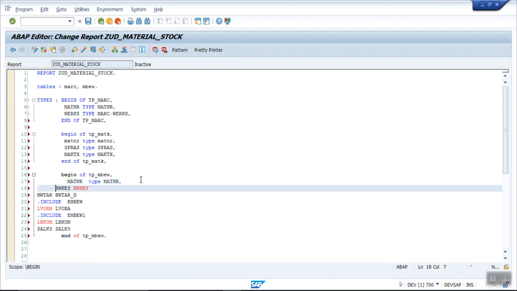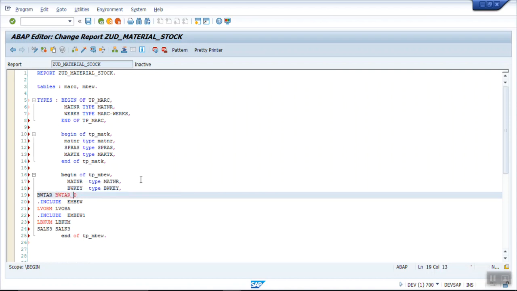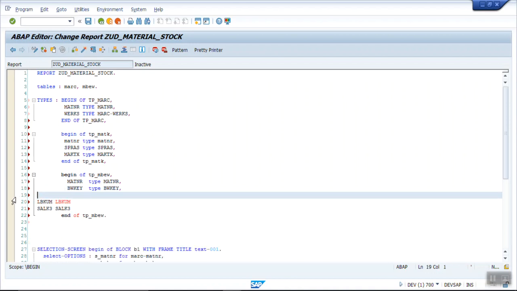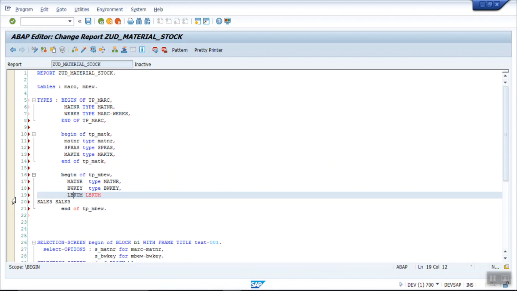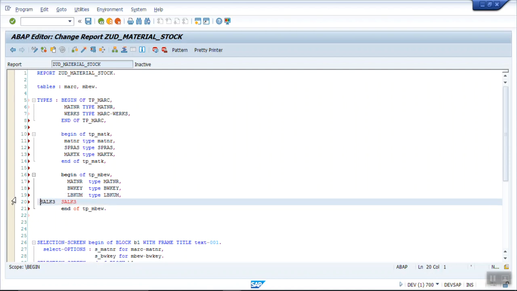Second field is my valuation area, which is nothing but my plant. These two fields I don't require. Below 2-3 fields I don't require. So this is my quantity, that is LBKUM, and last is SALK3, that is my value.